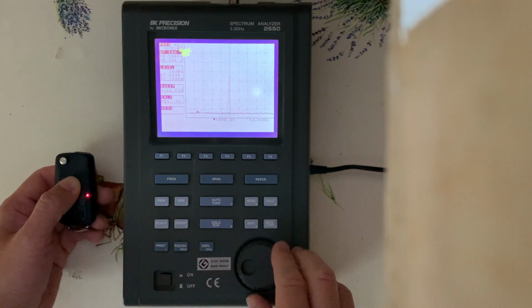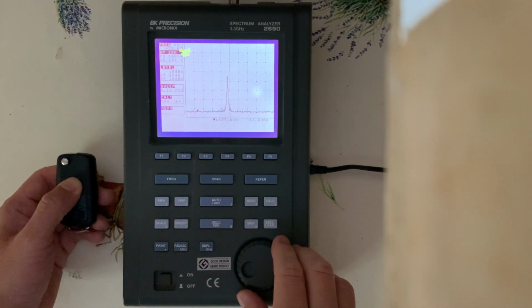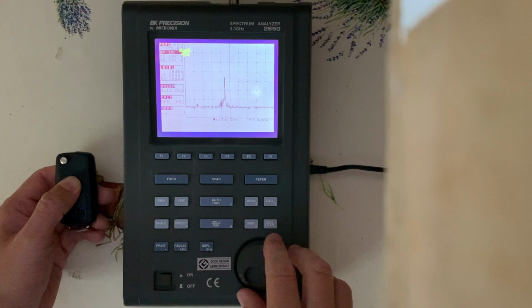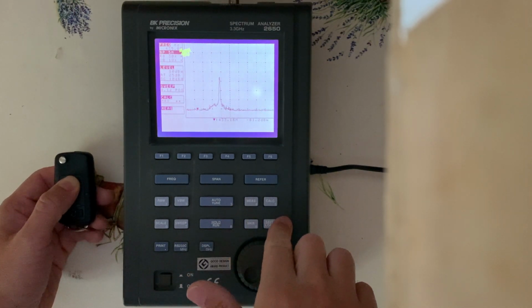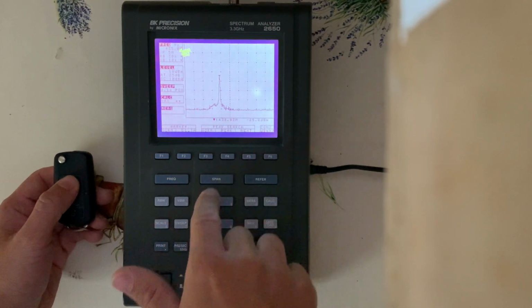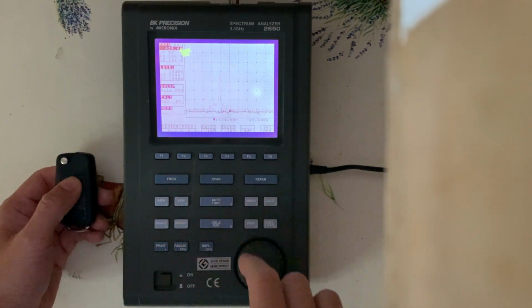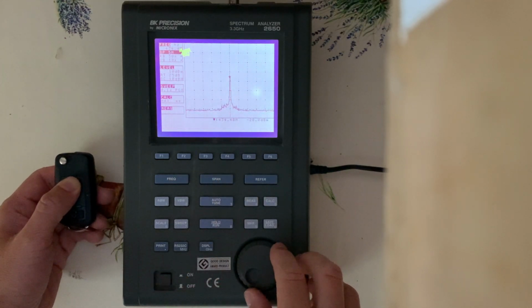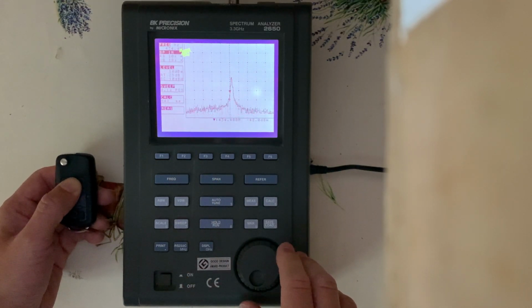But how do we find the right frequency to tune this device? We have more options. You can either try some of those widely used frequencies for short-range wireless devices. For example, search in range 433 MHz up to 434.79 MHz or in range 868 up to 870 MHz. Or you can also use spectrum analyzer as you can see in this video.